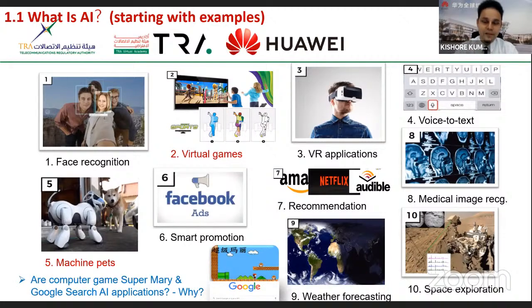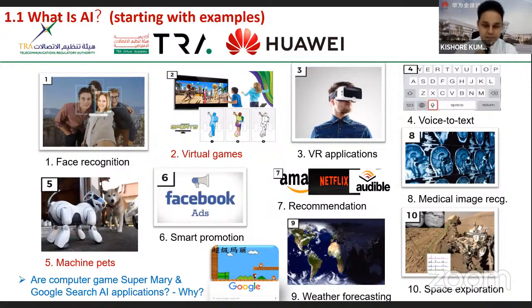Now it's a question for you. I don't know if you have played this game called Super Mario. It's kind of an old game from the 80s, I'd say. In this game, what you have to do is just use your joystick, mouse, or keyboard. Then you have to move forward. You have to go through different stages, and you have to complete them. You have to gain some coins. You might be penalized or eaten by animals, things like this. So you move fast, you take decisions, right? And based on that, you can go through different stages, and then you can win. That is the game Super Mario, okay, which was very popular in China.